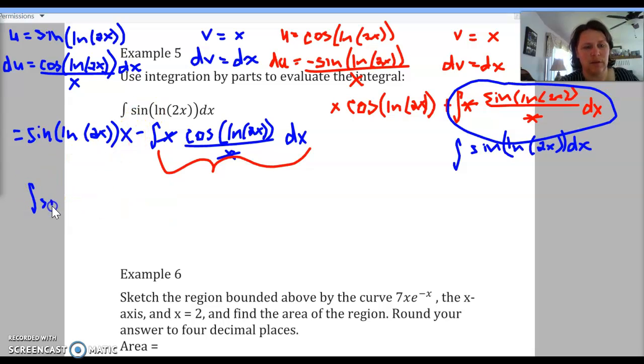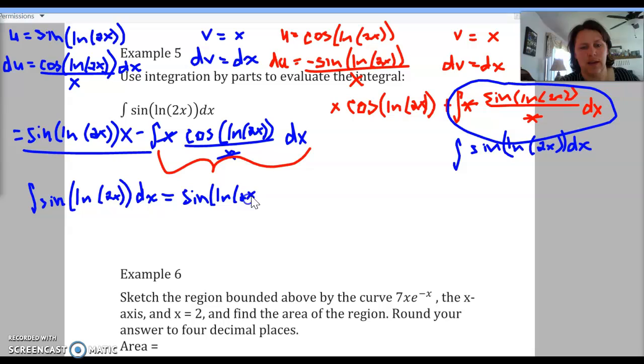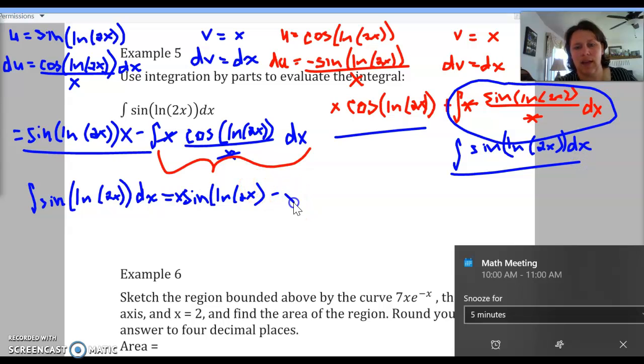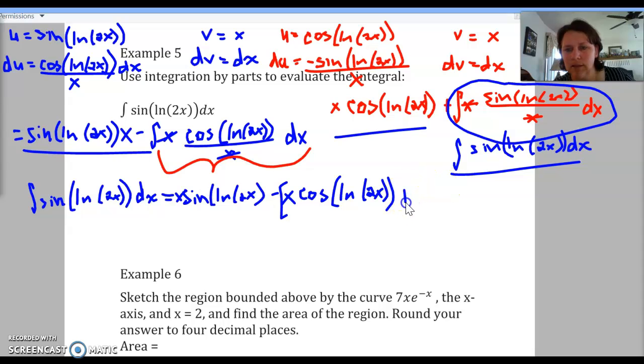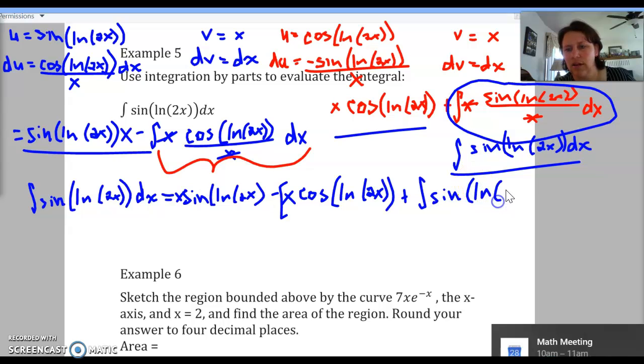So we have the integral of the sine of the natural log of 2x dx is equal to this first part, the sine of natural log of 2x times x, I'm going to pull that out in front, minus the second integral that we did, which is all of this and this, so minus x cosine of the natural log of 2x, and I'm going to put this in brackets here because I'm afraid I'm going to lose out on that negative there, and then plus the integral of the sine of natural log of 2x